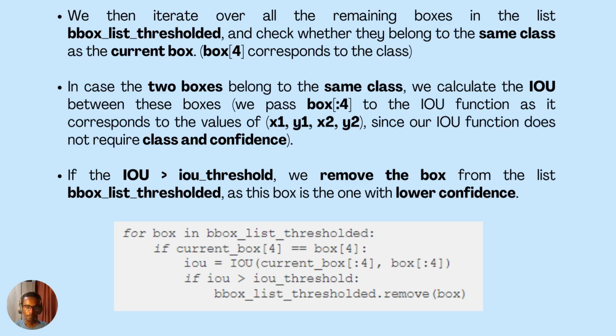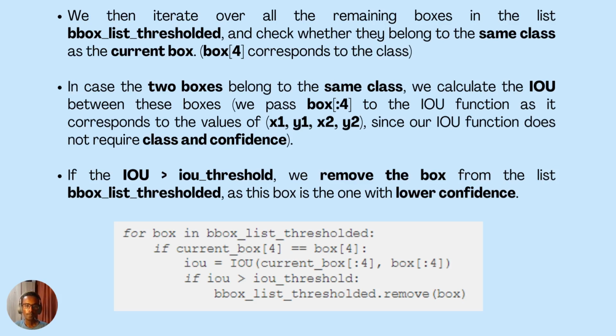So if the class of the box is equal to the class of the current box, which means the one with the highest confidence score, so we compare the class of each of the boxes in bbox list thresholded to the class of the box with the highest confidence score. So if they match inside the if statement,